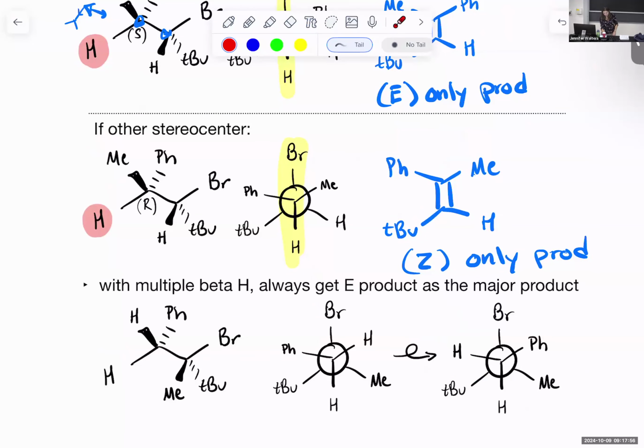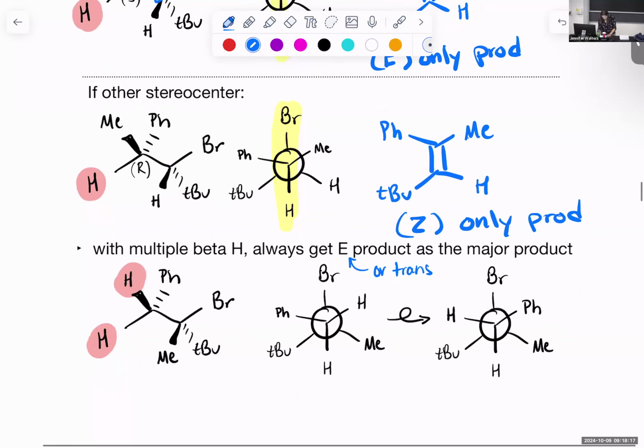And as I said at the beginning, if you have multiple beta hydrogens, meaning you have multiple hydrogens next door to pick from, then you will always get the E or trans product as your major product. Because if you start out here and I see that I have these Gaussian interactions, I'm going to rotate this structure so that I have